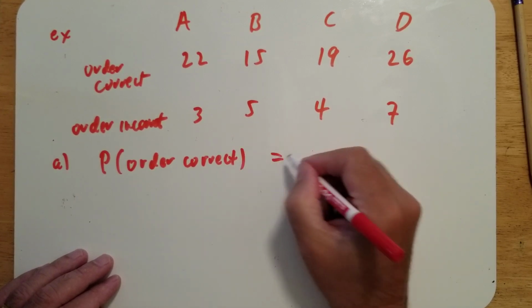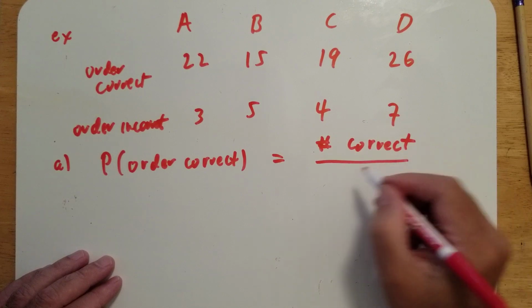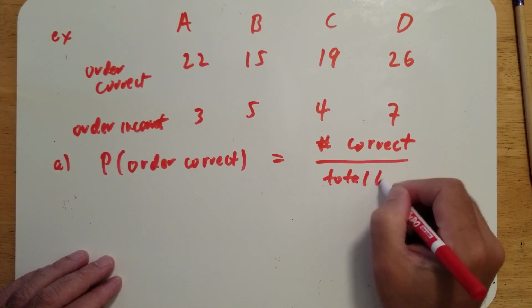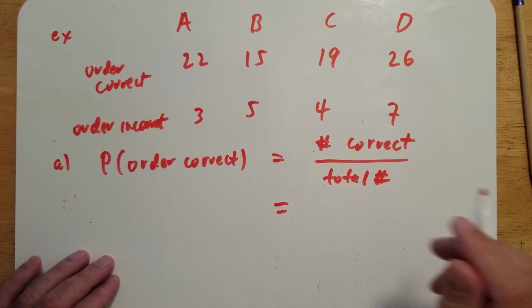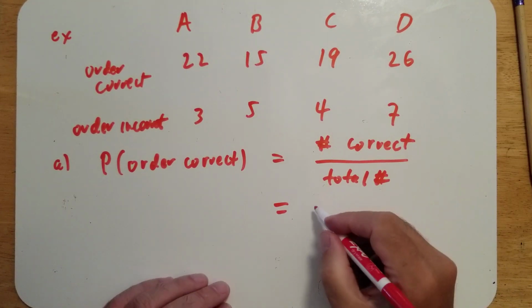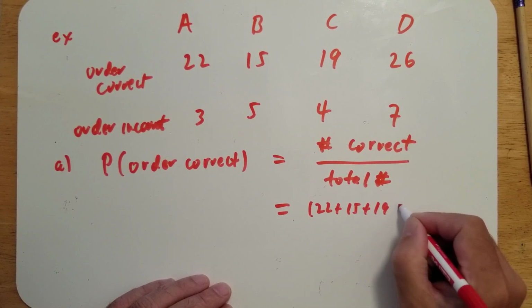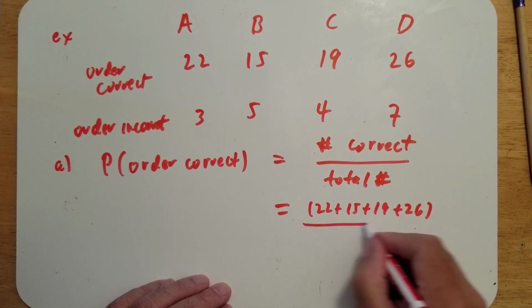Well, that's equal to the number correct divided by the total number. The number correct is this whole first row, 22 plus 15 plus 19 plus 26, over the